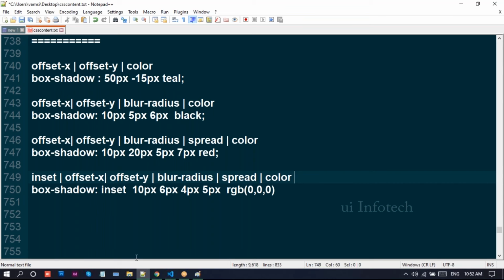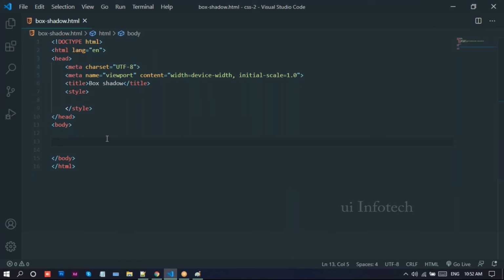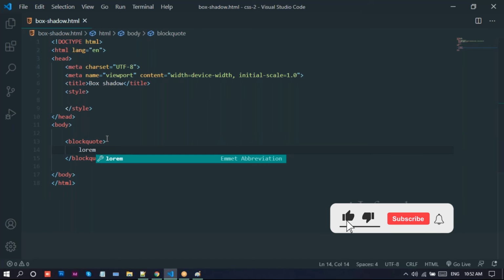I'll show this example. I'll just remove this one here. I don't want this div anymore, and I don't want this code also. I'll remove everything in this CSS. So I'll just take the blockquote here, and I'll provide some lorem, 10 words.